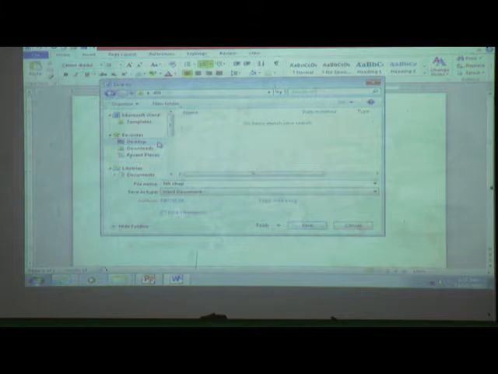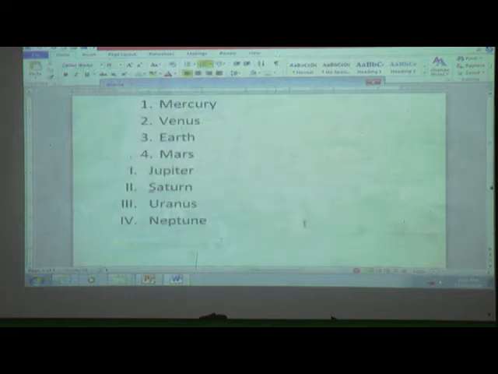If the folder is already created, select the path of that folder. If the folder is not created, here also we can create it. Select New folder, give the name you want, open that folder and give the file name, 5th chapter, and save it. Where is the file name displayed? On the title bar. 5th chapter. Got it?